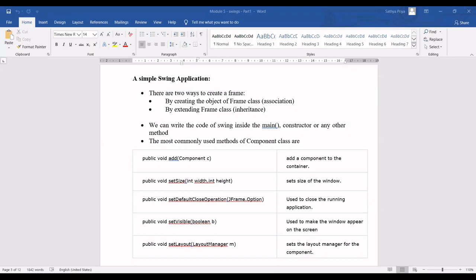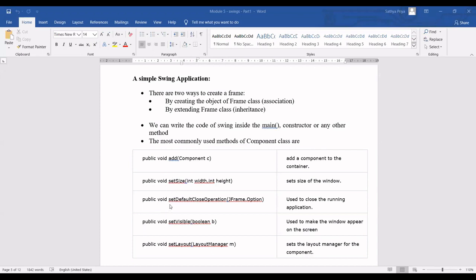So what are the commonly used components inside that? A few of the most commonly used methods: the add method, which is used to add a component to the container. And size, we have to set the size of the frame, so we use set size.